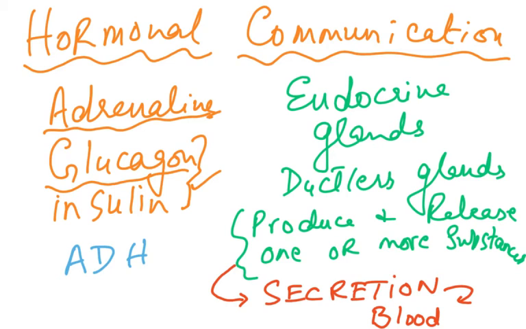Now, all these hormones are produced by glands, and the glands we say are called endocrine glands. Endocrine means ductless glands, just like we have certain glands with ducts, like the salivary gland has a duct. So the saliva is produced in the salivary gland and is transported through the duct, which is a tube, a channel, a pathway through which the saliva is then released into your mouth, and that keeps our mouth moist and we can talk. So that's why especially people who are debaters will always keep a glass of water because their mouth dries up, because there's less saliva being produced because of the effect of adrenaline. So endocrine glands are ductless glands and